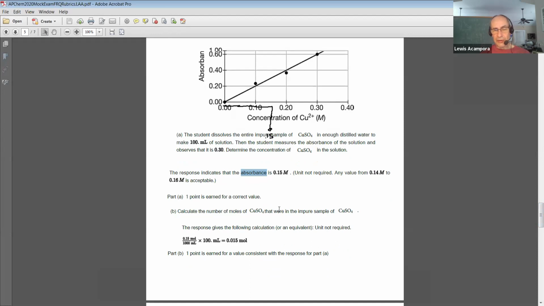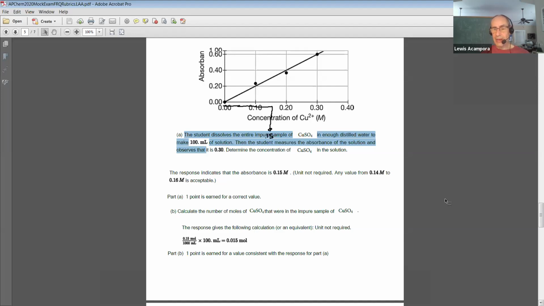The number of moles of copper sulfate that were in the impure sample, they're going to take whatever concentration they had for part A and multiply it by the volume. But you have to remember that this concentration is moles per liter, and the volume here is 100 not liters, but milliliters. A 100-liter flask would be quite a large flask. I've seen them, but they're not very common, and they're expensive. So you would need to divide that moles per liter by 1,000